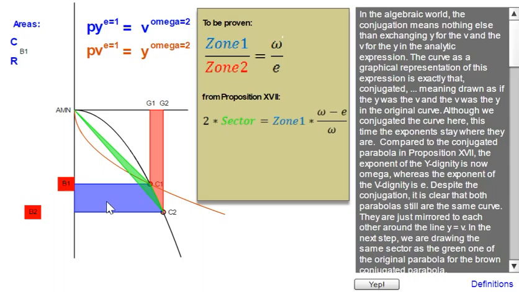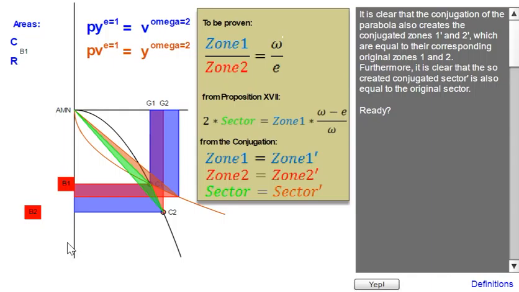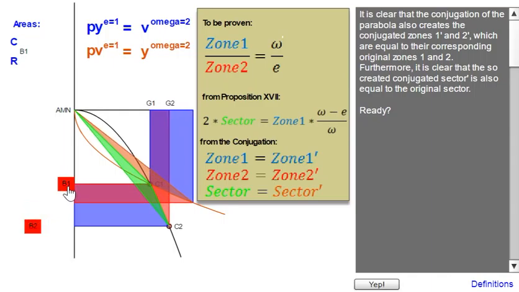make the relationship knowable between the blue area, the zone 1, and the red area, the zone 2, you have to make the same principle that exists between the sector area and the zone 1 area also valid for some kind of sector area and the zone 2 area. And this is why he conjugated it, because now when you also conjugate the points C1 and C2 and place them on the conjugated parabola, you can create the absolutely identical areas